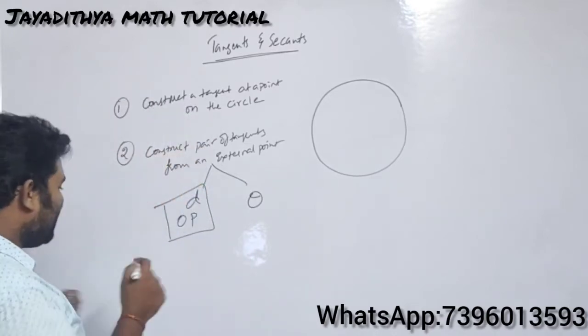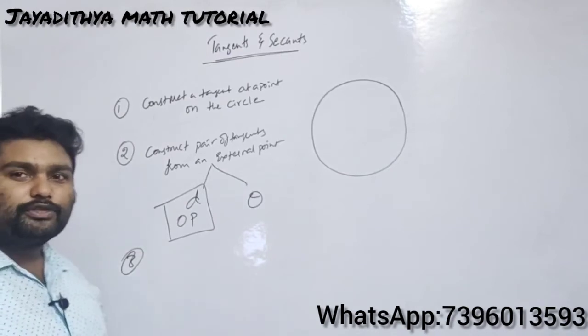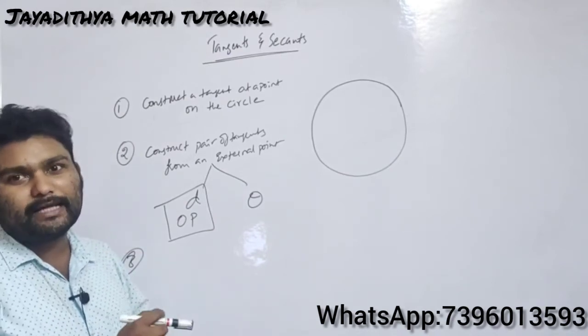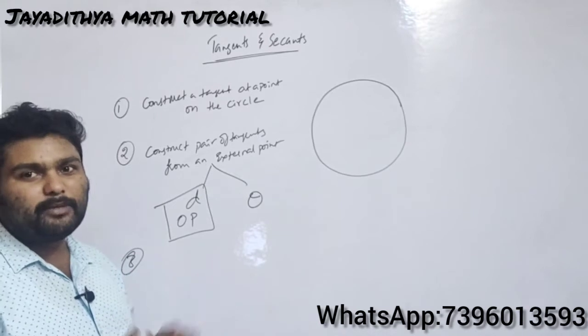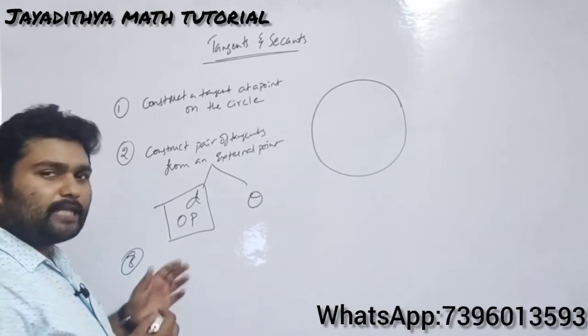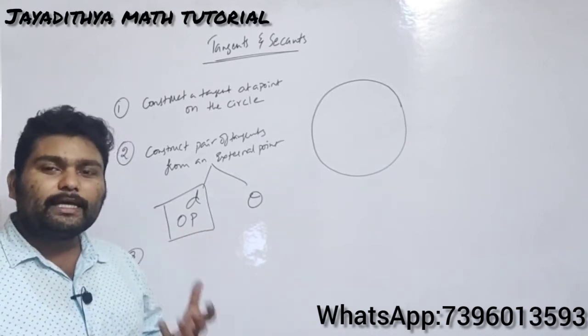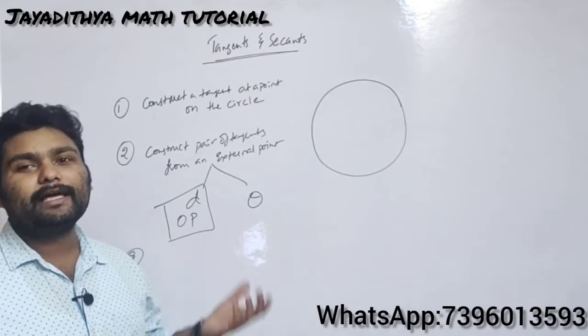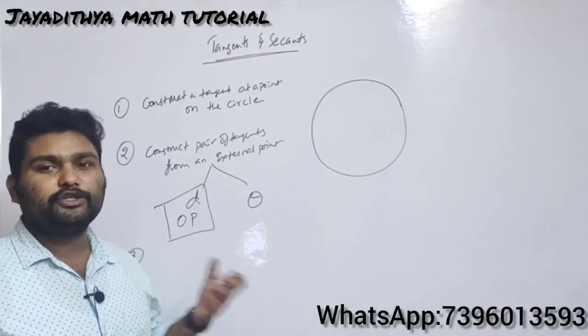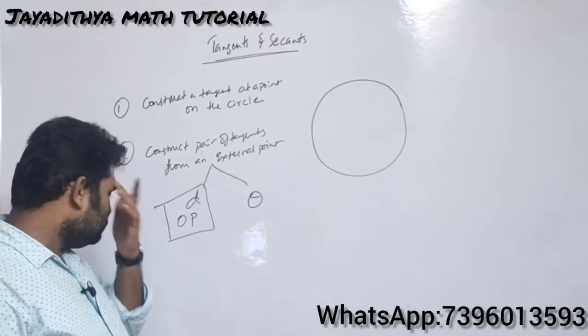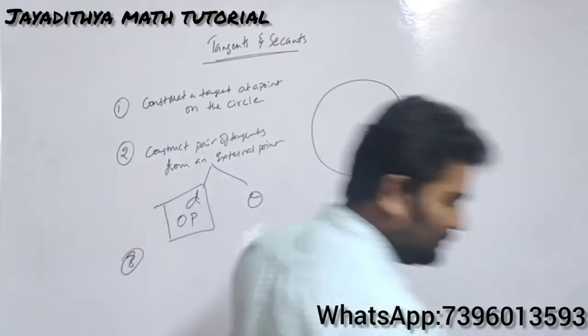And the other case also you have, they will be telling that using a bangle a circle is drawn, how to draw the pair of tangents for that one. So sometimes the question may be like that. So what to do there? Drawing a circle using a bangle, in the sense you don't know the center. That is the internal point which you need to understand. Okay now. So we will be discussing each and every one by one.